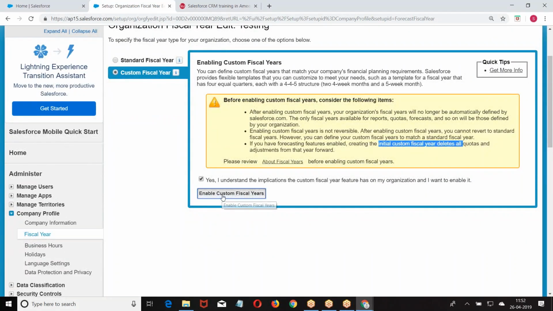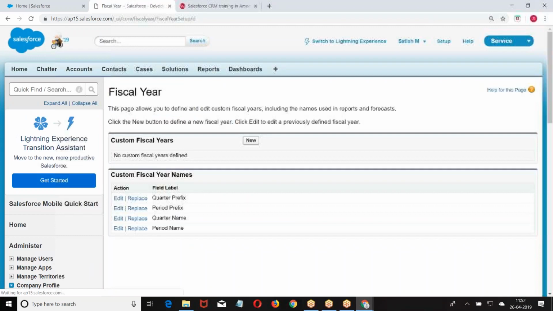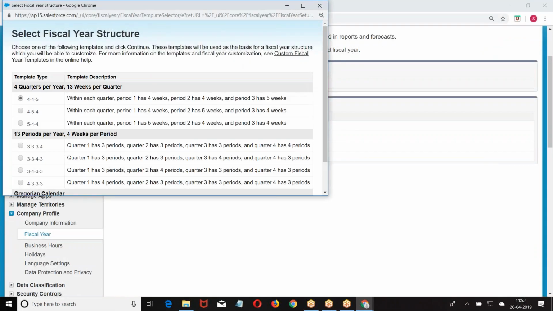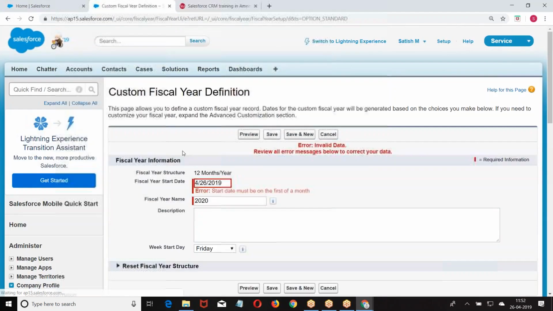Now I told enable custom financial year. They gave a warning: if it is enabled, we cannot disable it. Then what is that? They asked, do you want to take a weeks format or a 12 months format? The same, this is also the same, 13 periods. Right. Now I told 12 months format, starting from